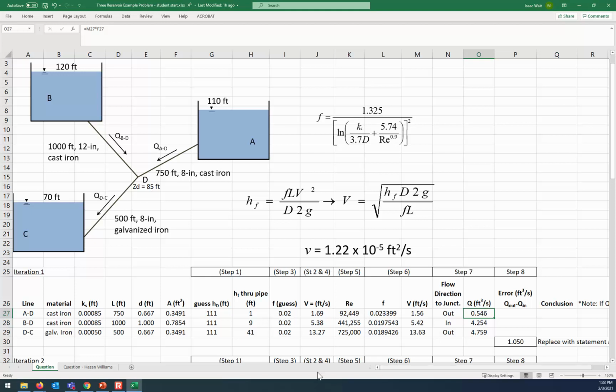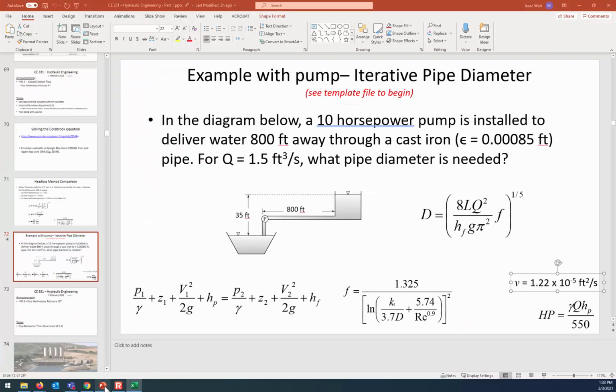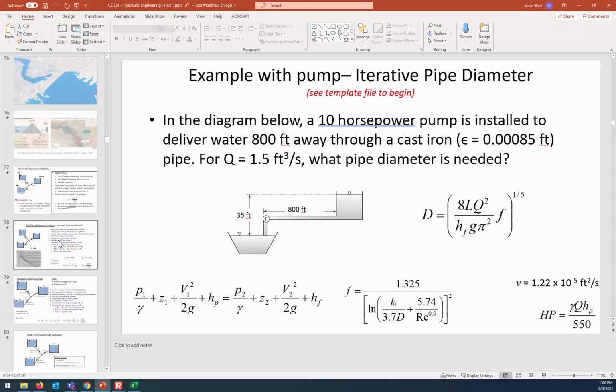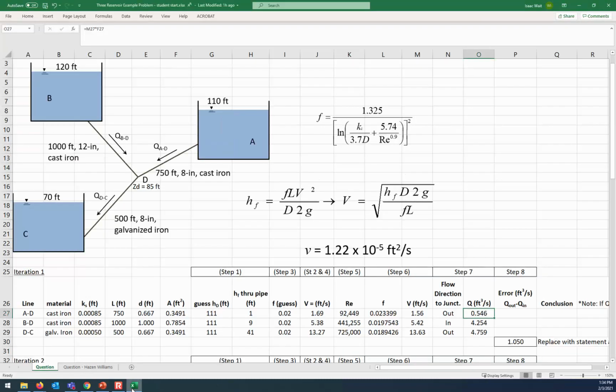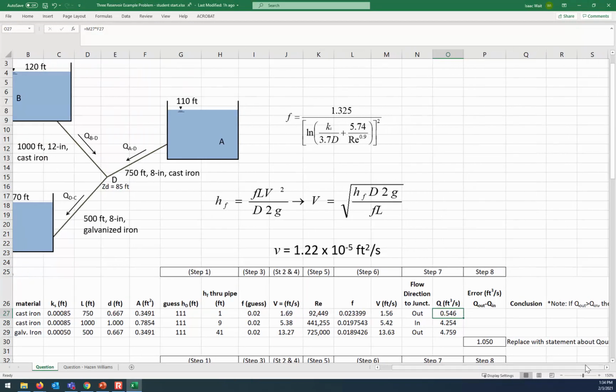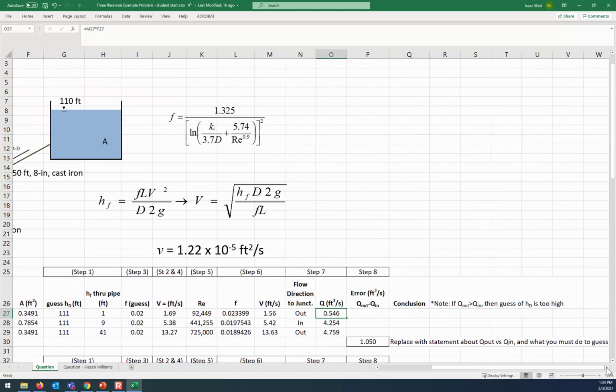So what does that say to our rules? Let's go back to these rules that we had set up earlier. If out is greater than in, then lower the guess for HD. And that's the situation that we face. Out is greater than in. If out is greater than in, then the guess of HD is too high. Okay, so conclusion: our guess for HD was too high. We will lower it. Let's try